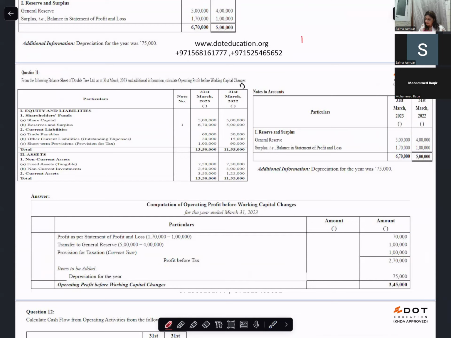To get the profit before interest and tax, first you start with the surplus, and the surplus is closing minus opening. Then what do you do? You will add transfer to reserves, and the other things that we have already discussed. Now, if you see